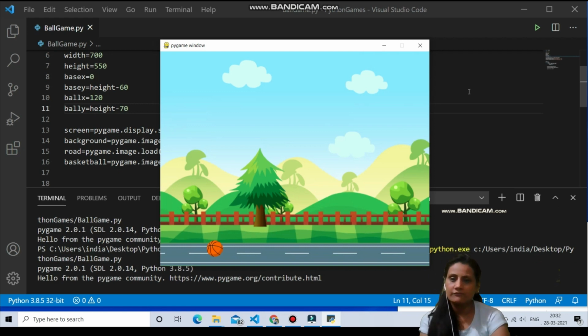So this much we have done. Now further after this we will try to program for bouncing the ball. Means we want the ball to bounce. These all images are still. Now we want them in motion, so we will keep the ball in motion. This is something you will love. This is very easy. We only have to take the coordinate up and down, up and down. We have to keep on repeating this, and it will give you the illusion that the ball is moving. Okay, so let's do that.